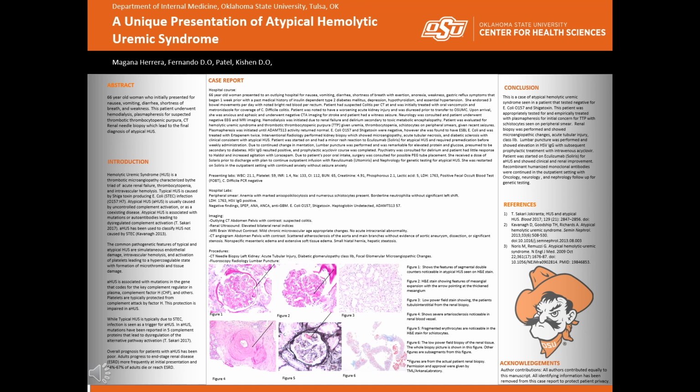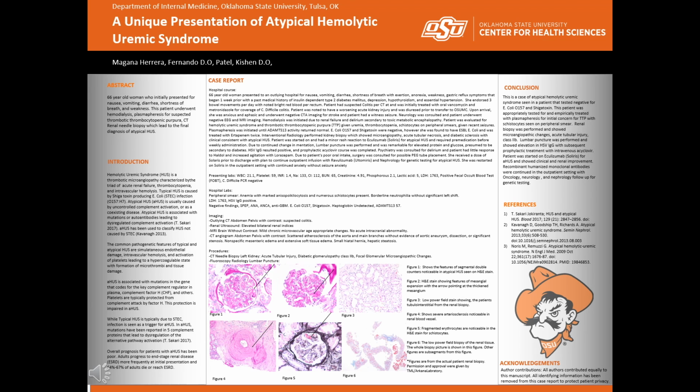Patient was also noted to have acute renal injury and was diuresed due to high volume status prior to transfer to OSU-MC. Upon arrival, she was anxious and aphasic and underwent CTA imaging for stroke, which was negative. Neurology was consulted for a witnessed seizure in the hospital. EEG and MRI were obtained, which did not show signs of seizure activity. Due to worsening renal function, hemodialysis needed to be initiated.